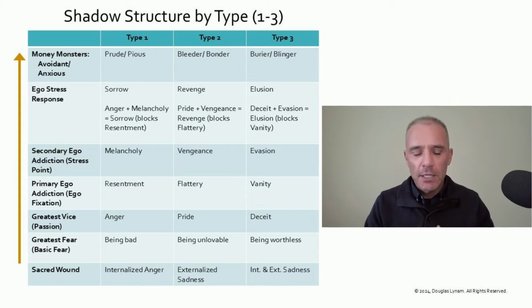And now let's look at the type 2. You've got that externalized sadness, that sadness about how you think other people perceive you, and that creates the greatest fear of being unlovable. And then the greatest vice for a type 2 is pride, meaning they take pride in what a good, noble, selfless, self-sacrificing person they are, because look how helpful they are, look how much they give to others. They want to feel